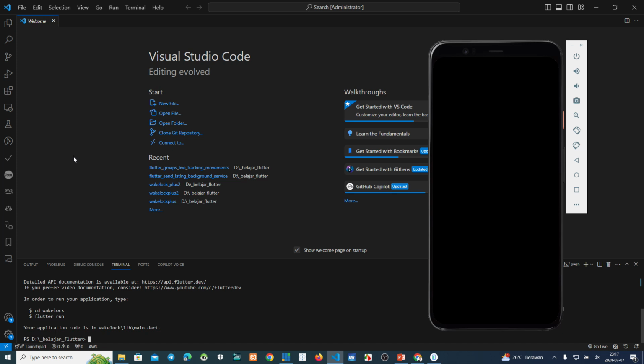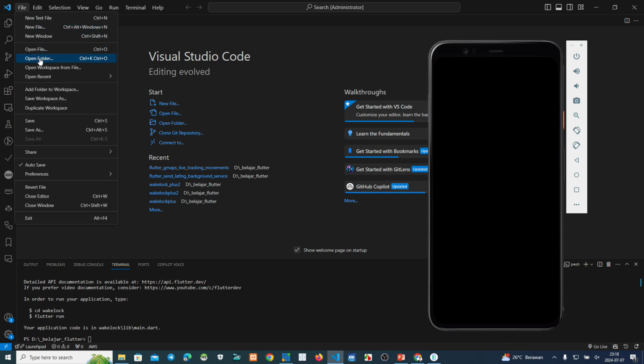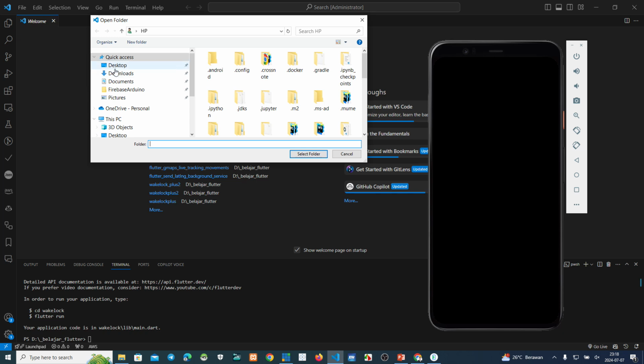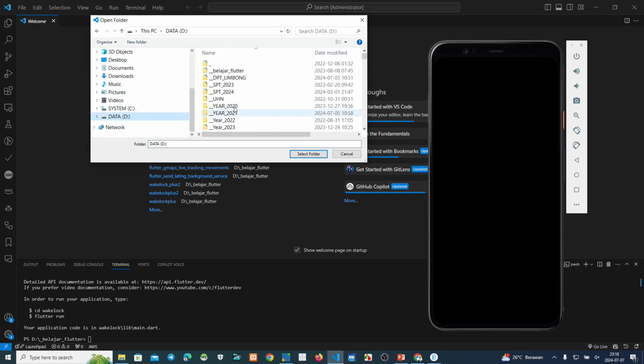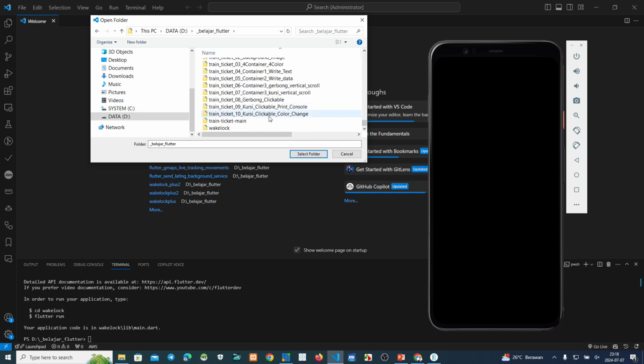Okay, finish. Now we try to open this folder. File, open folder. We go to D and then Belajar Flutter, this one, wake lock.